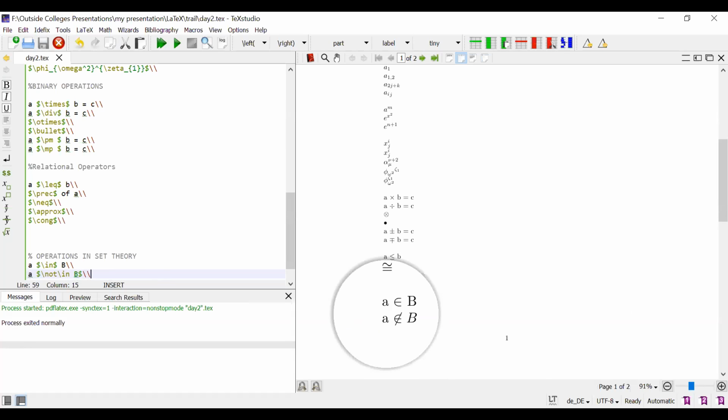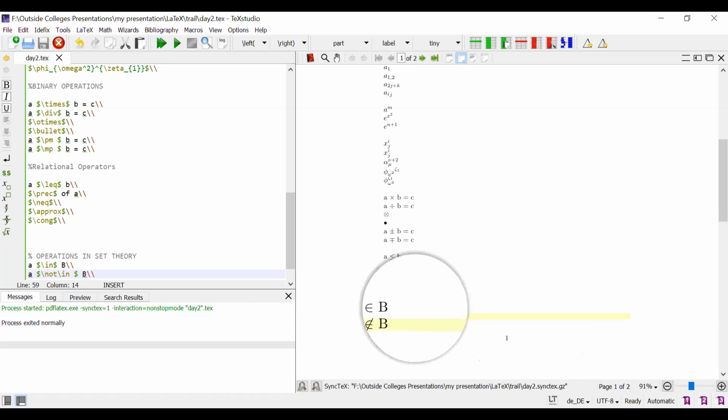The first B is a normal capital B. The second B looks italic. That means that B is placed between the dollar symbols.